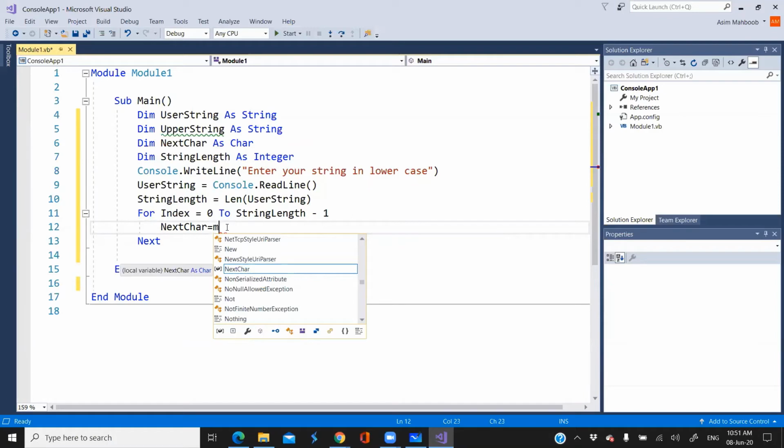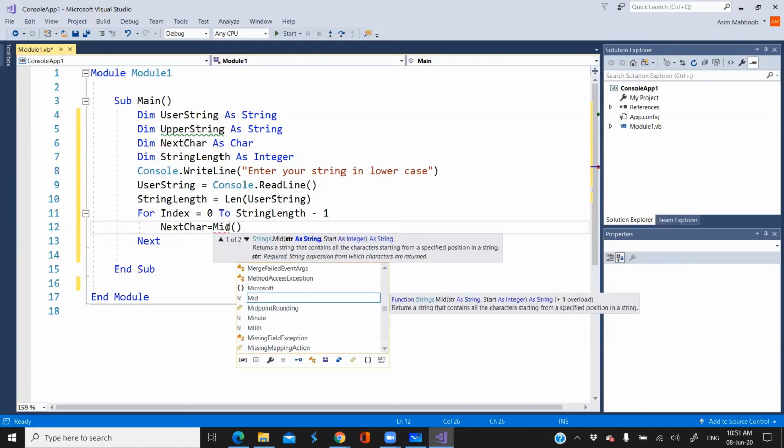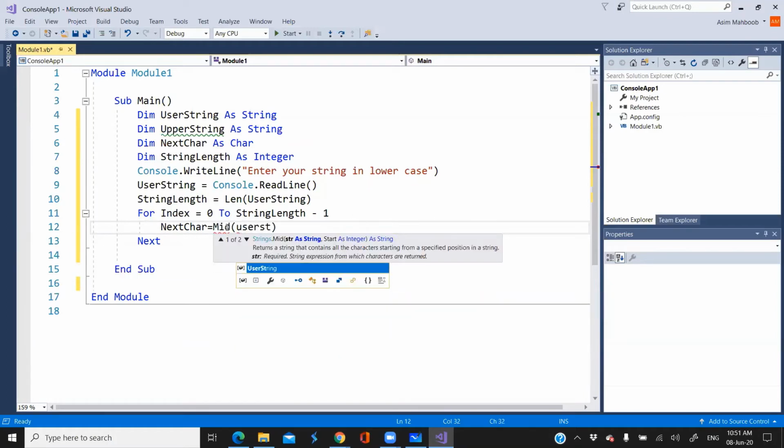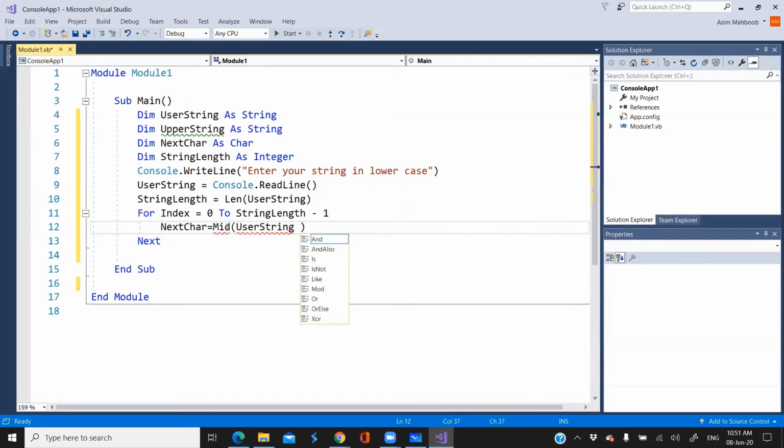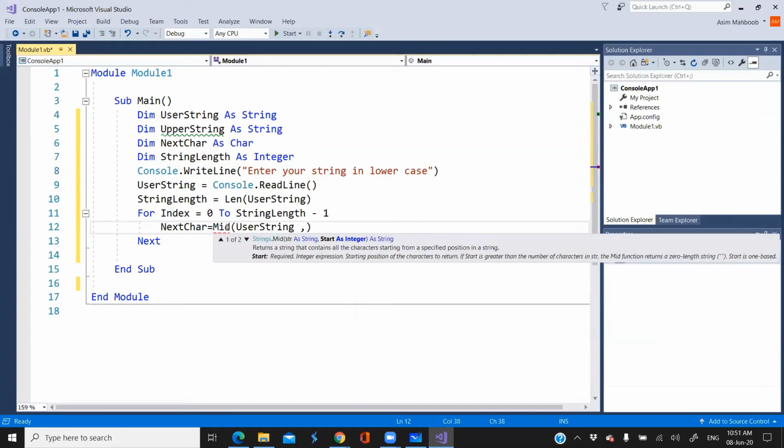Like I can use the mid function and I'll say user string, comma, index plus 1. If I'm saying over 0 over here, because I'm saying 0 here, run the loop for the